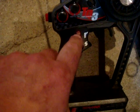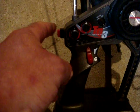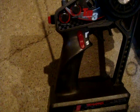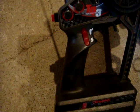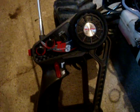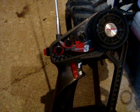We would set that to R for run and then push the button to start, and to stop we'd put the toggle to S and then push the same button, and that would stop the vehicle, and that was using the 3rd channel because again we had a forward-only transmission in the Revo, and so we were free to use that. But now we are using this toggle switch for forward and reverse again, so we have to